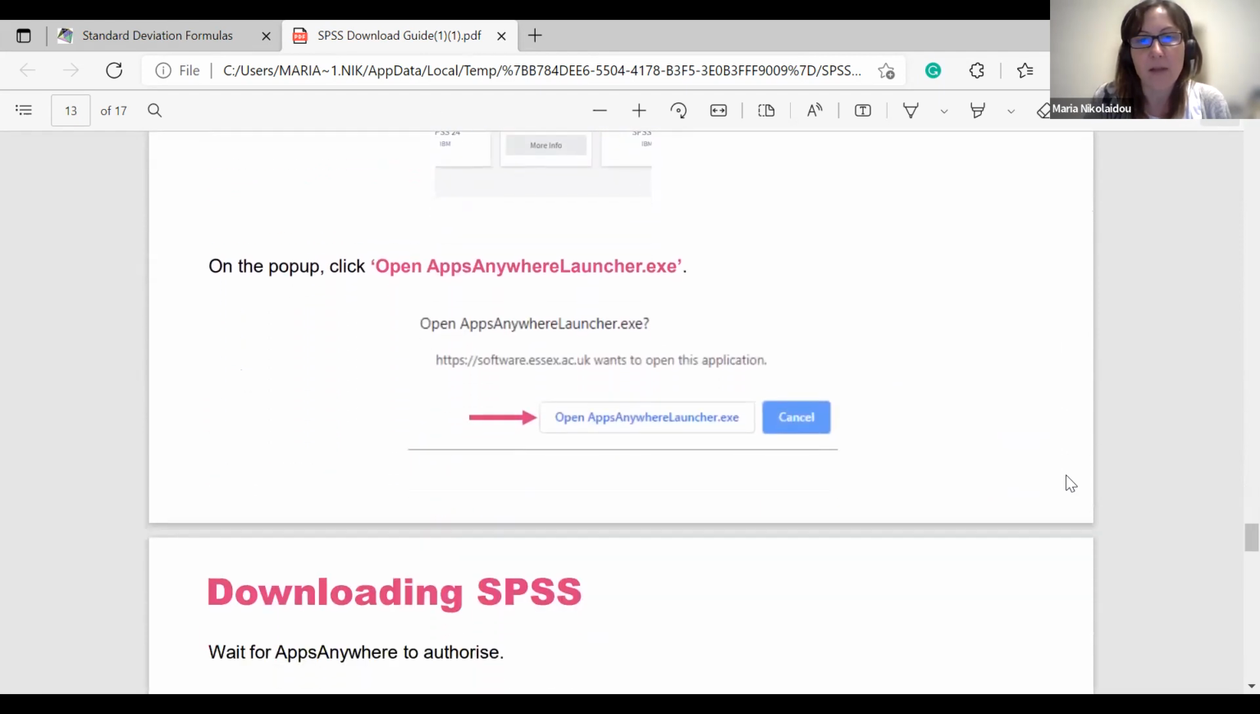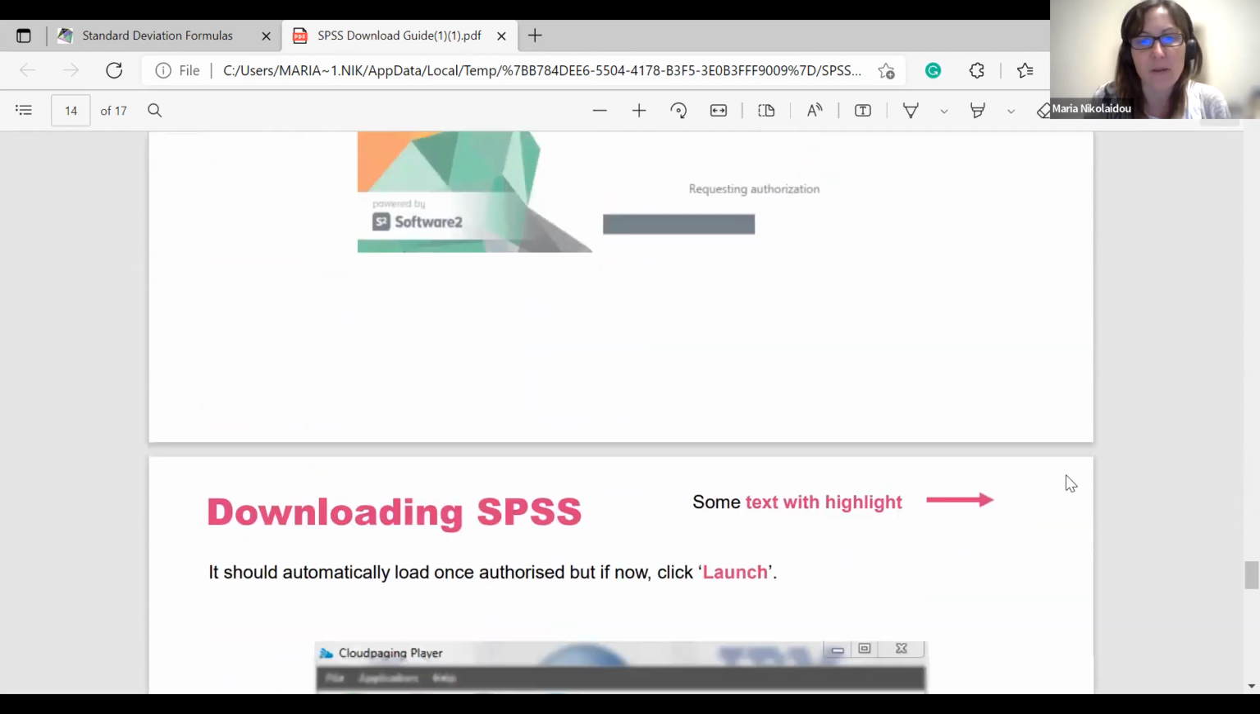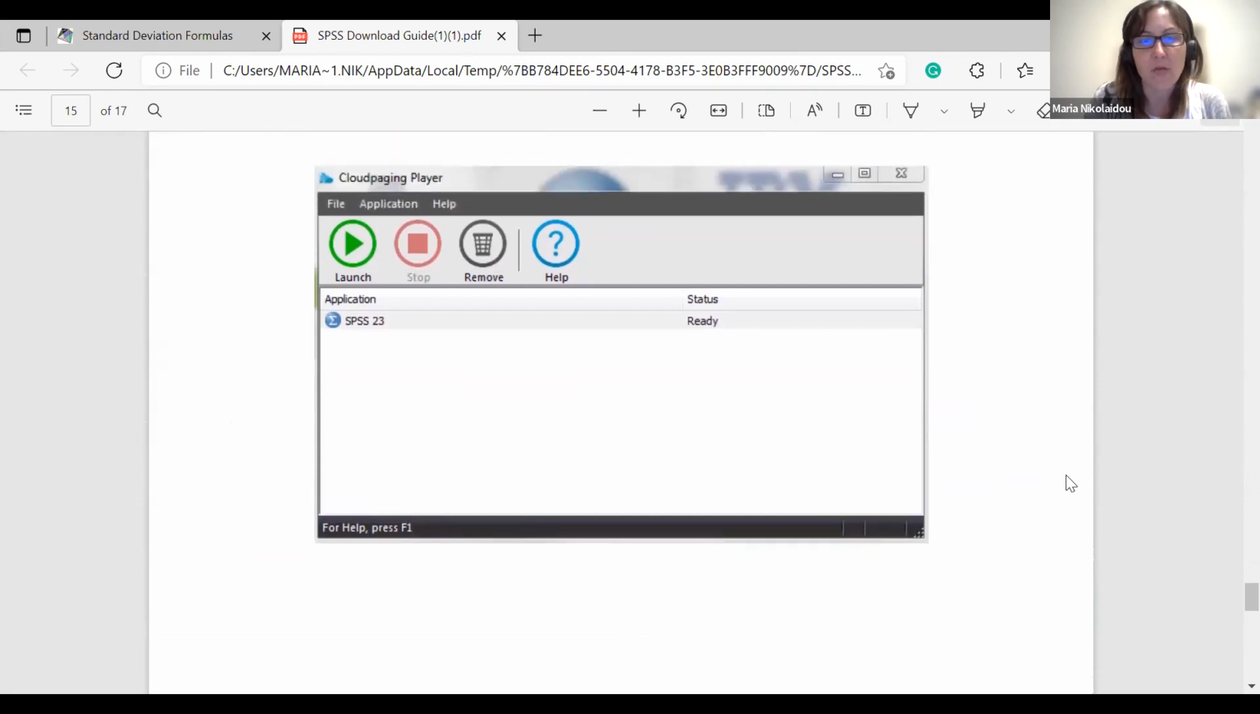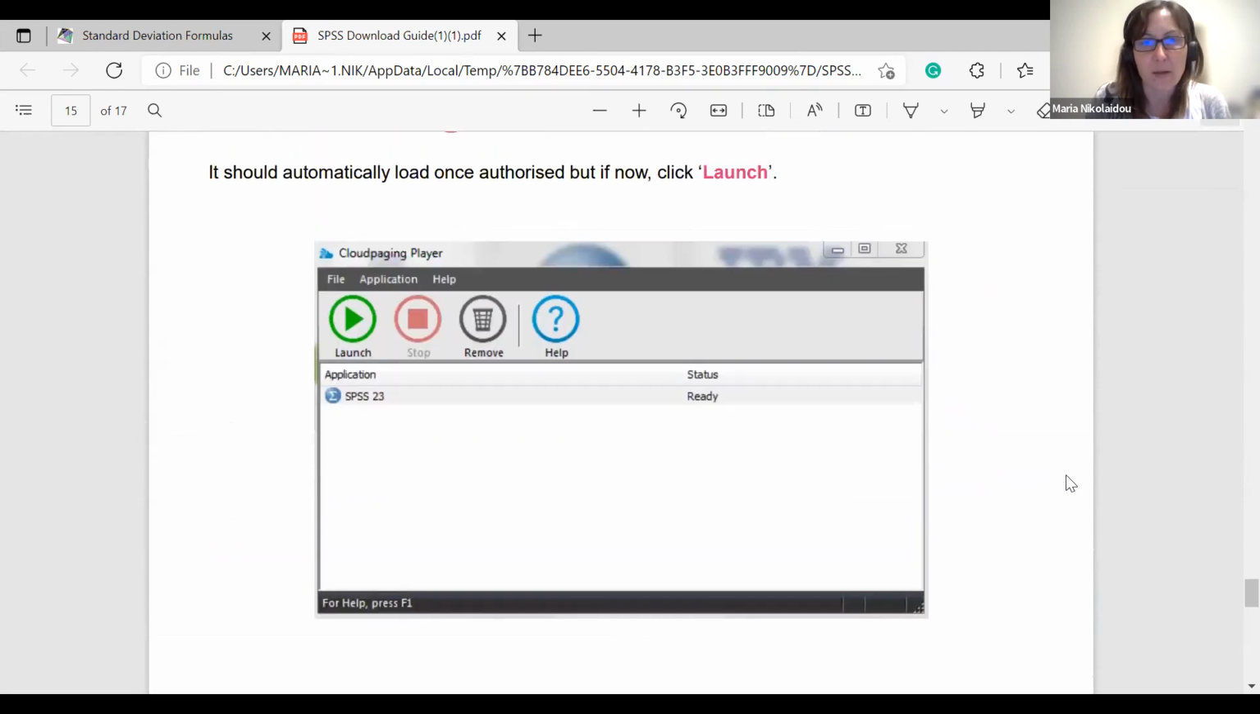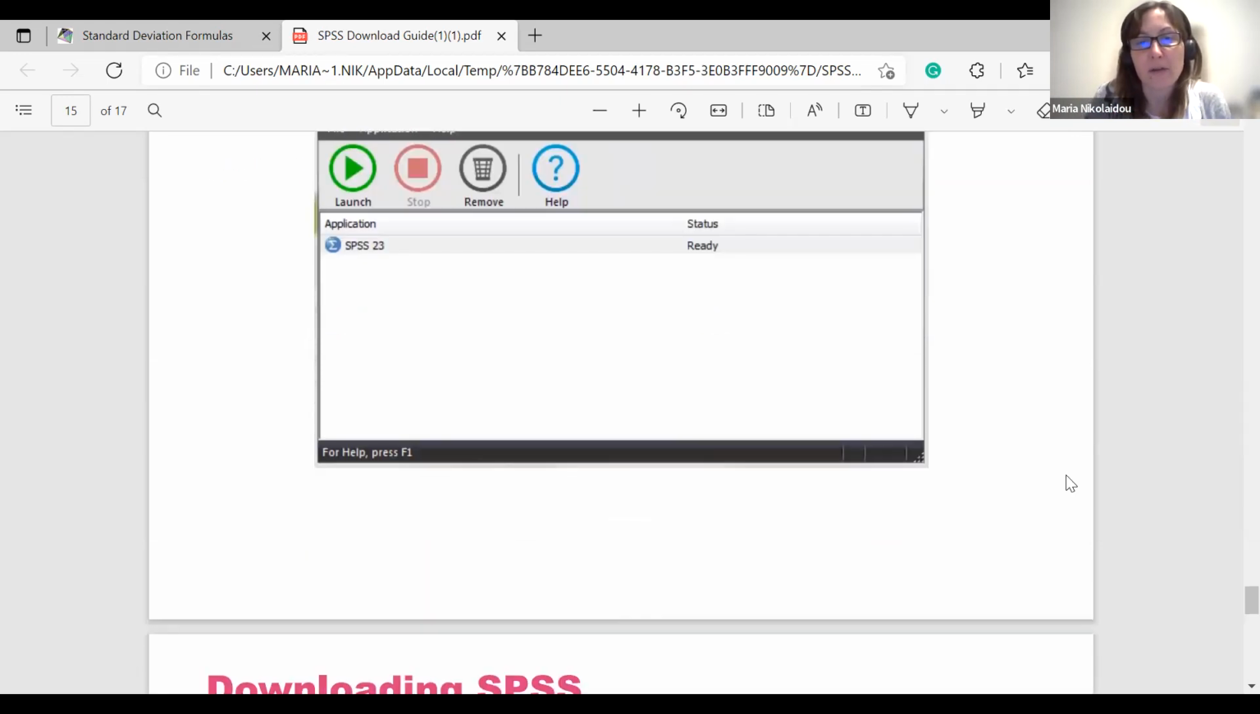And then it goes again through the validation process. And then what you see is this window, which is Cloud Paging Player. So you see in the status, it should tell you the percentage of the process, let's say of downloading SPSS, until that's ready. When the stage says ready, you just press the green arrow, which is launch, and then you're ready to go